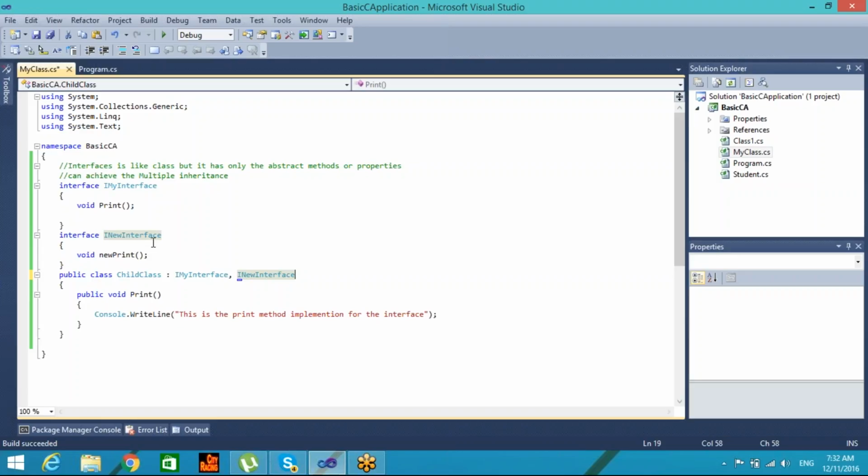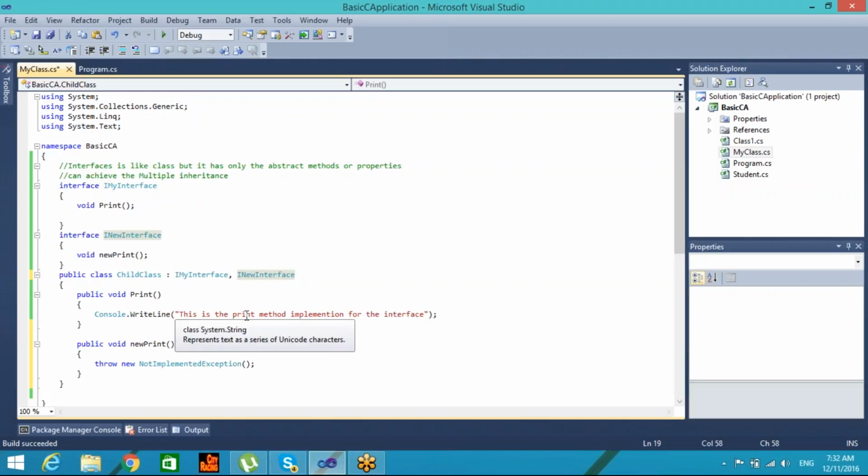If you inherit a class from the interface or the abstract class, then it is mandatory that you implement its abstract members. So here we have implemented the abstract member of my interface, but we need to implement the new